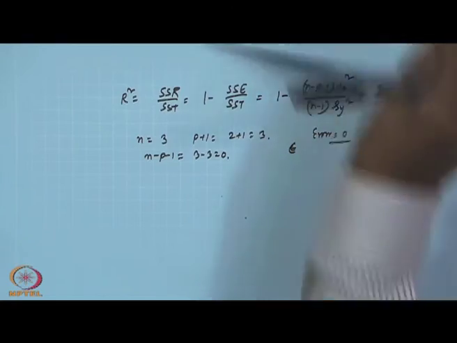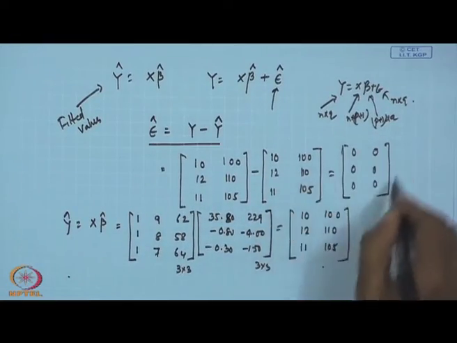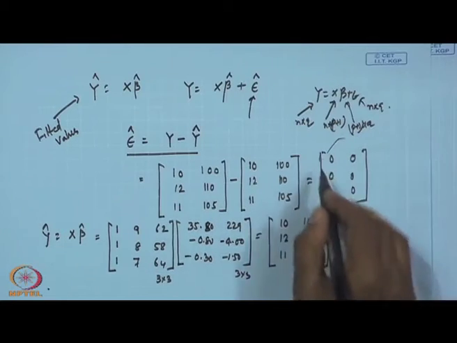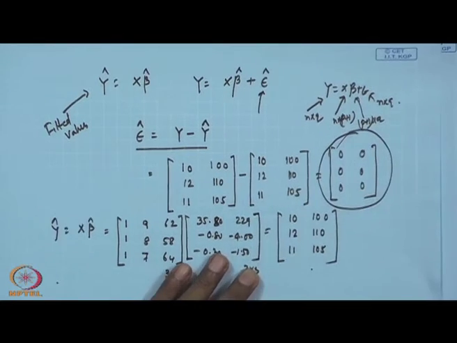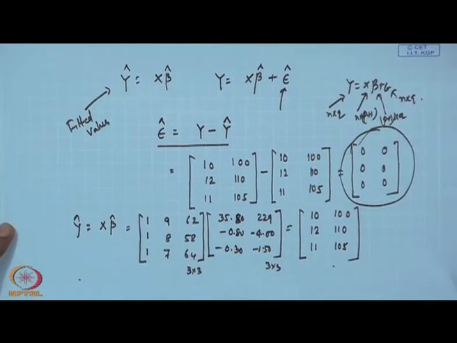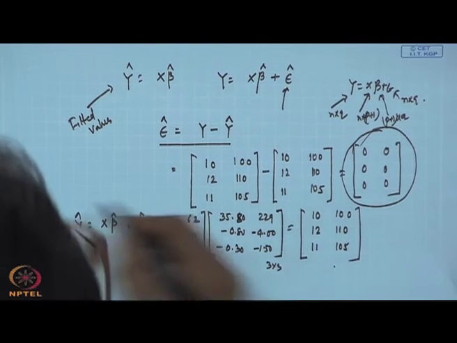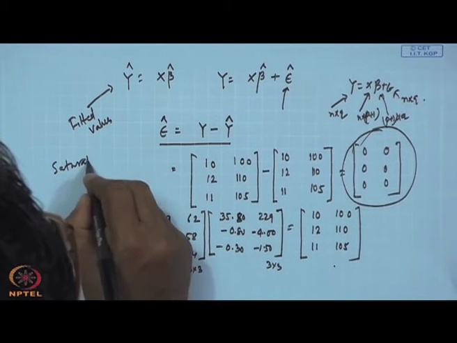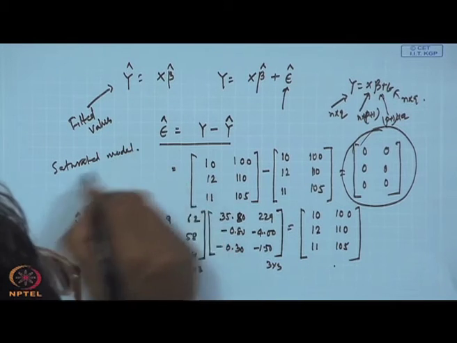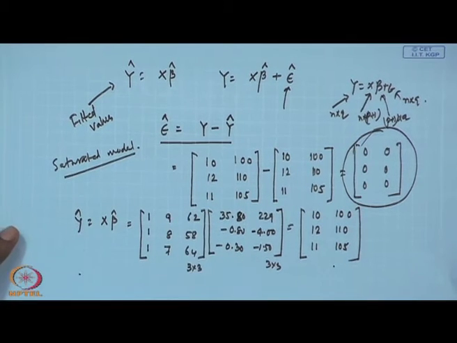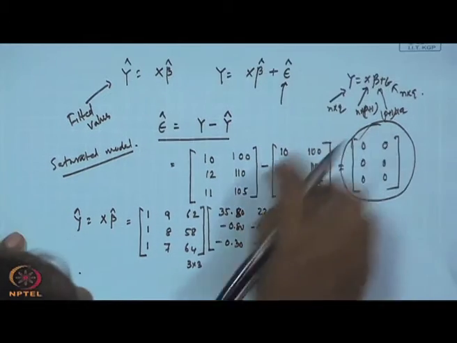So, we should not be happy under such a condition. This is an indication that your model is not at all a fit model. Although R square 1 means perfect, this is a saturated model. What is a saturated model? The number of observations is equal to the number of parameters to be estimated. So, in a saturated model case you will always get the perfect fit, but for regression purposes this is not desirable. Okay.